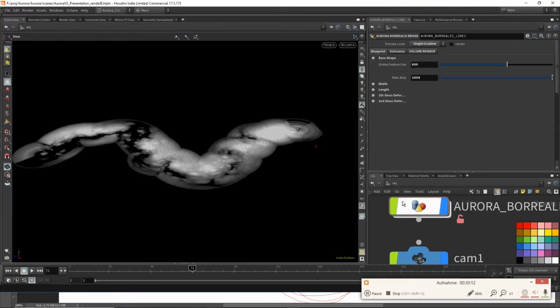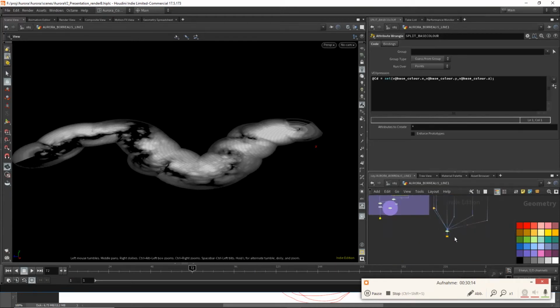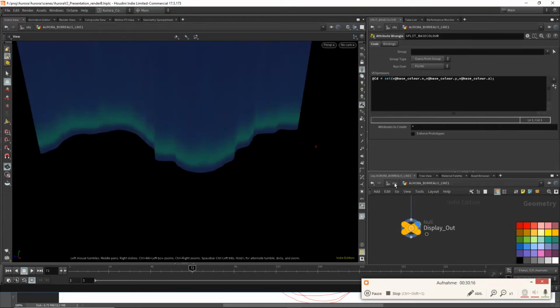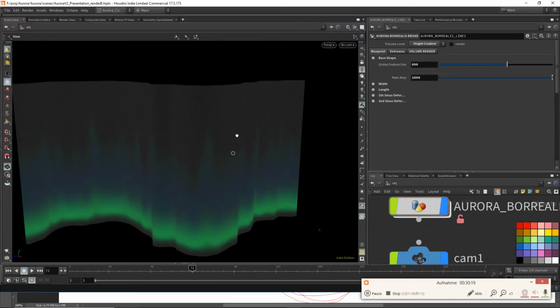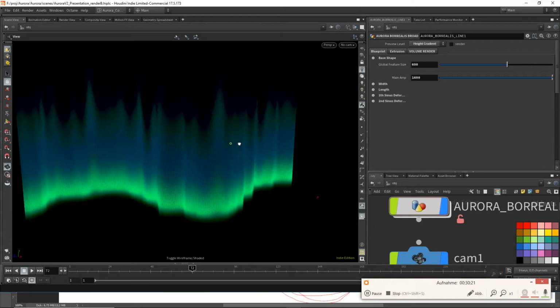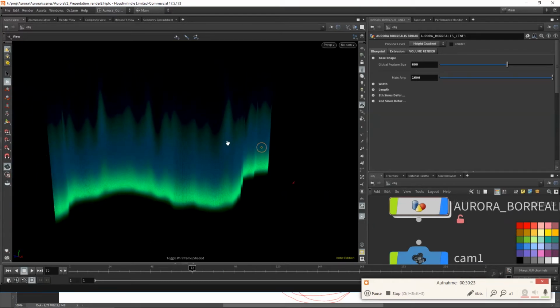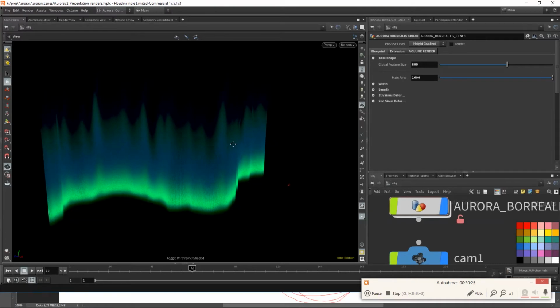Gradient, please update. Oh yes, I forgot to switch that back on. So you don't see the red right now because it's not really strong, but